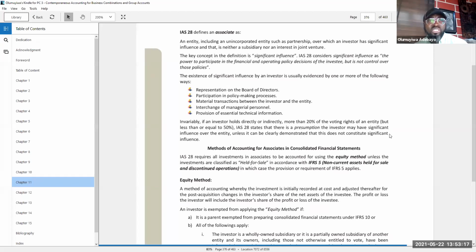But before crossing the hurdle, we will divert our attention towards discussing something that we need to discuss so that we can marry those two things together in order to forge ahead. But before doing that, I'll just give you a tip. The tip is that investment in an associate primarily will be accounted for using equity methodology.